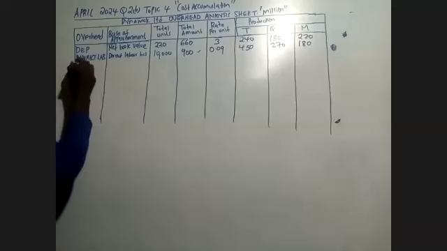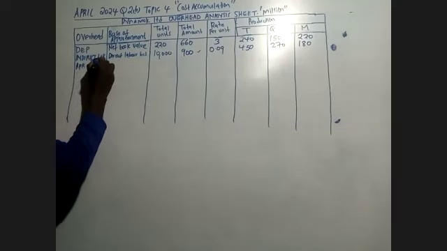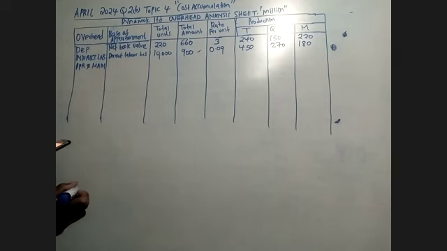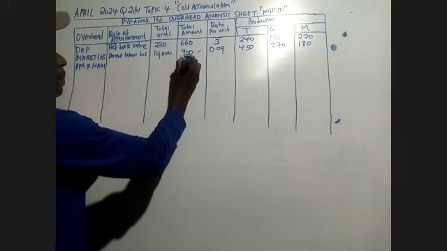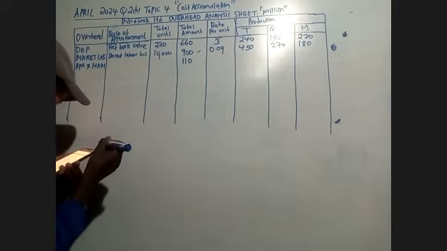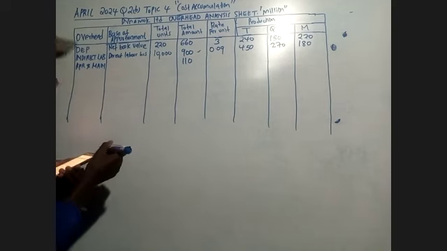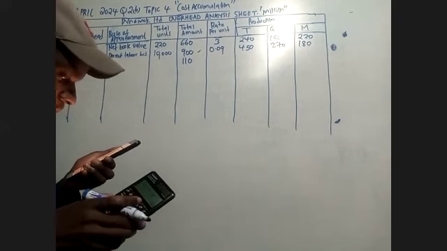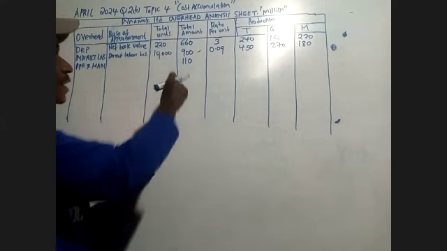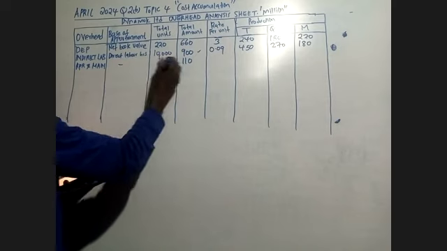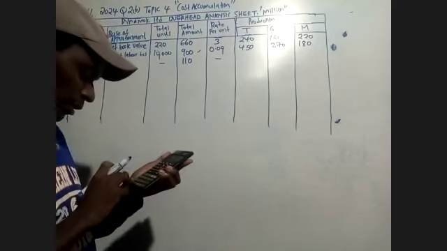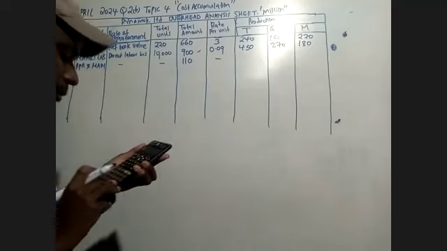Then repair and maintenance. Tumeandika hivyo, new repair and maintenance, total cost 110. Basis of absorption. Na hiyo ametupatia. So hiyo tunaweka direct. So tuanze na ya kwanza. So ya kwanza 30% of 110. So hiyo ameshatupatia basis. So that ya kwanza mtuambia ni 30%. So 30% of 110. So unaweka direct, which is